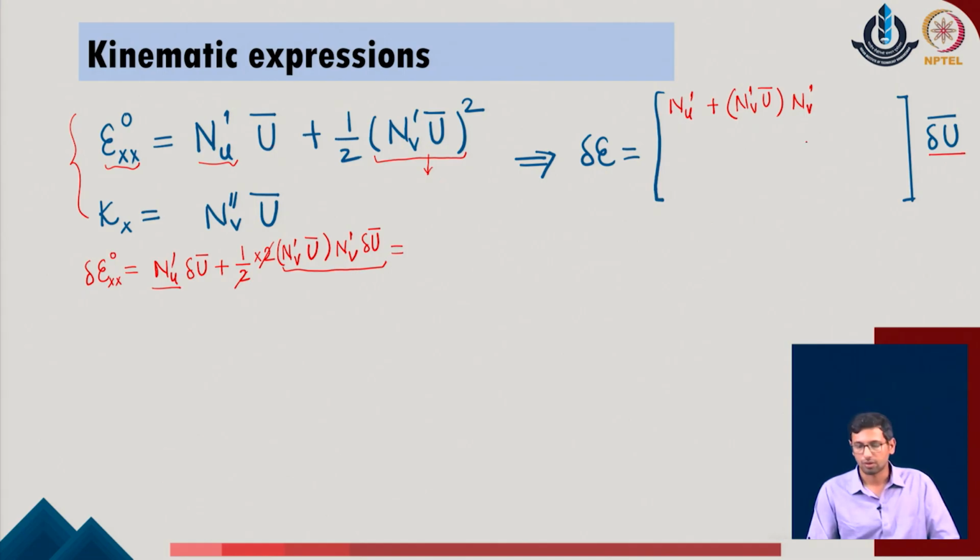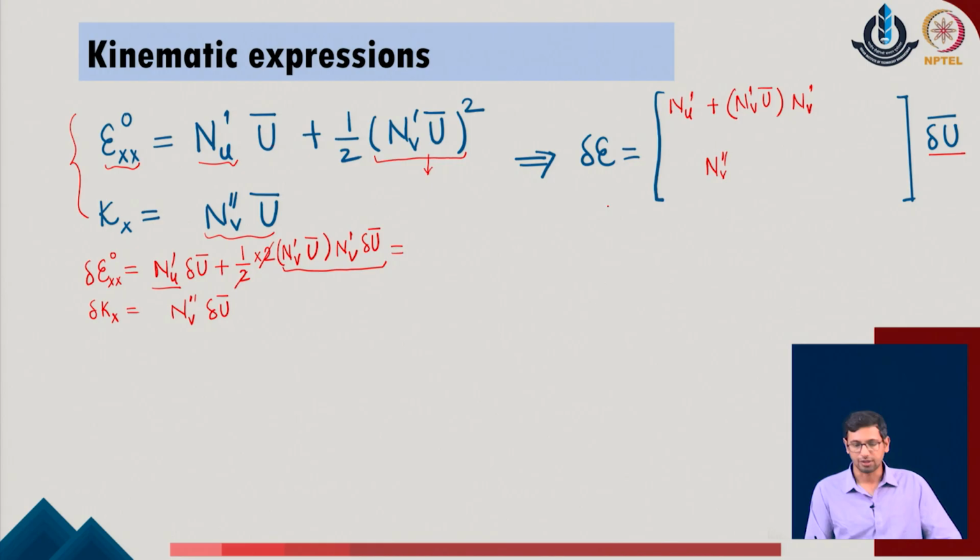Using the second parameter, we have this as a second term. If we write this parameter again in the variation, I get that as nv double prime, and this is simply undergoing the variation in the given system, which means that if I write del of curvature term, it can simply be written as nv double prime into del of u bar in the given system. So, this is how we express the standard form.